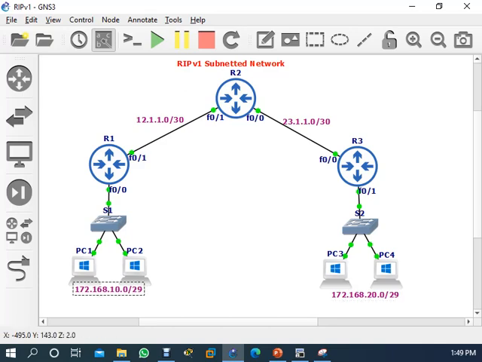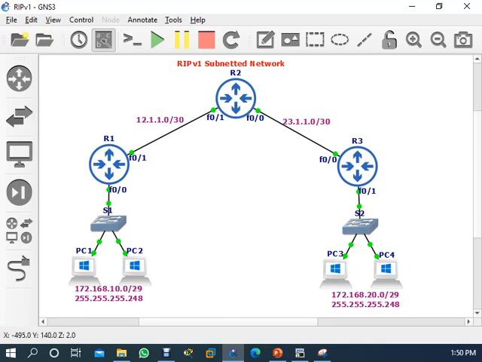And if you check the subnet mask, if it is /29, the subnet mask is 255.255.255.248, right? It's the same subnet mask. Here is a totally different network, this is also a different network, right? Before, when it was subnetted and a different network, it was communicating, but if it is like this, this is also a different subnetted network, right? Then it will not work.